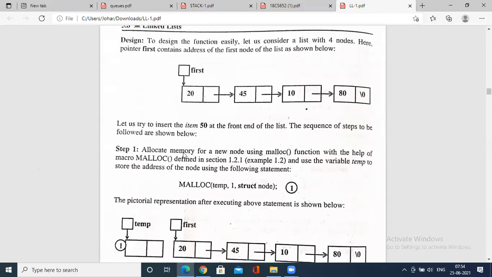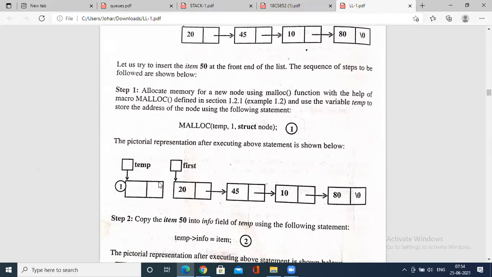To create the linked list, you have to use malloc and create a node called temp, of type struct node. This is mandatory in order to dynamically allocate memory, that is, to create a node.